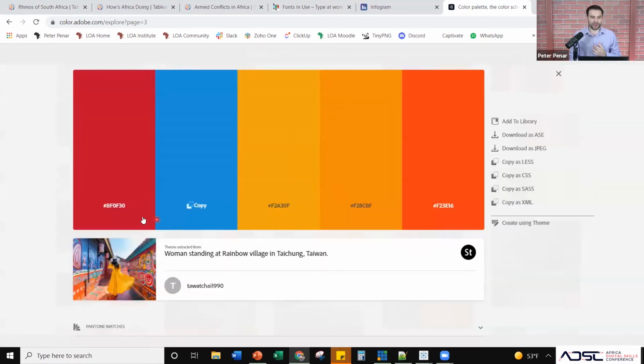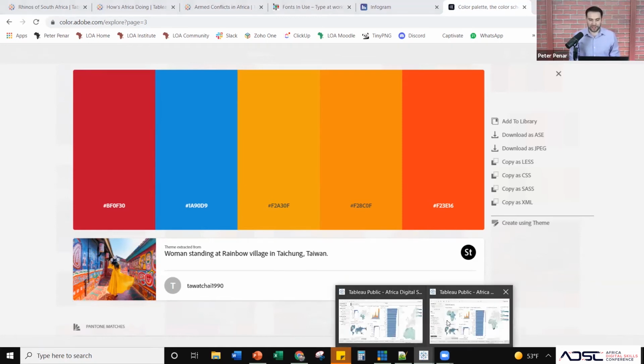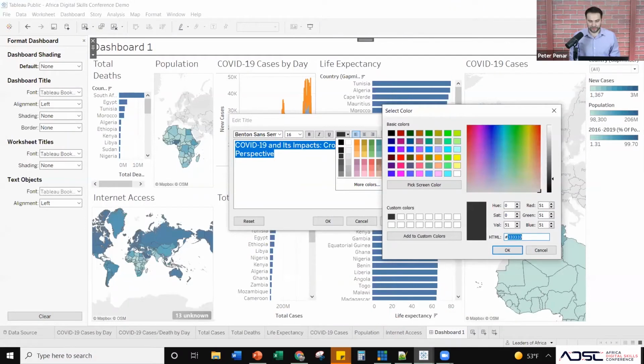So let's open it. There we go. All right, so here we go. Let's copy the color codes here. And so they're really easy to copy from our color palette. You just simply say copy. So we're going to bring things in, and I don't want red to be my title here. I want, maybe let's go with this blue color right here. And so let's go back to our dashboard here. Let's close out that one. So let's go here. And what we do is we cut and paste the hex code into,